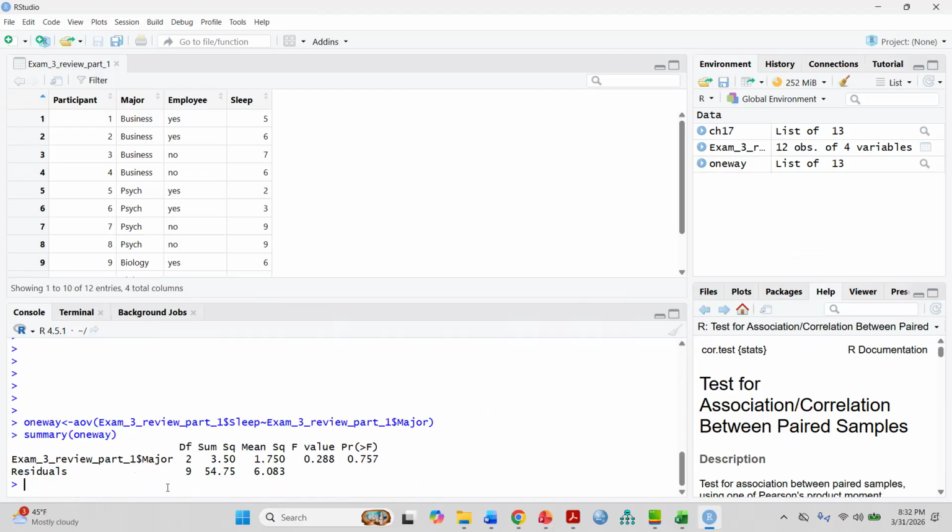And boom, here we go. So this shows us that it's testing the independent variable of major and the outcome, although it's not shown on here, is sleep, because we asked it to do that. And here's the p-value right here, the p-value for this test, for what we would call an omnibus ANOVA, meaning just a general overall ANOVA. This is the p-value,